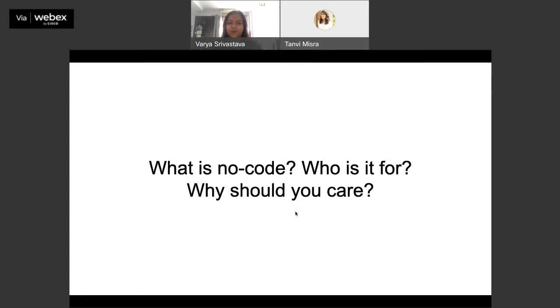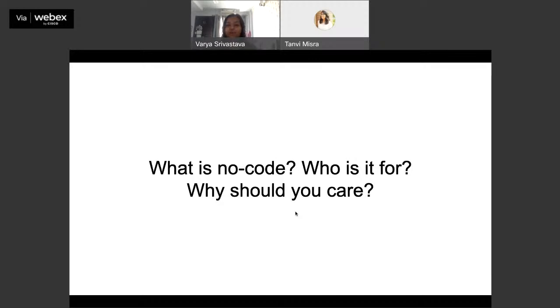So to begin with, what is no code, right? It seems almost counterintuitive to think about building tech products and having no code as a part of it. How does no code really work? What does no code even mean? So there are today a bunch of tools, platforms that enable you to build small products or small forms of automation that require no code. All you need to do them is actually figure out the logic.